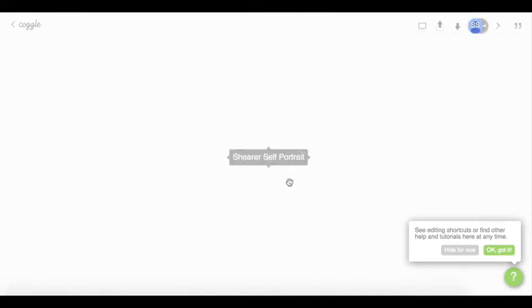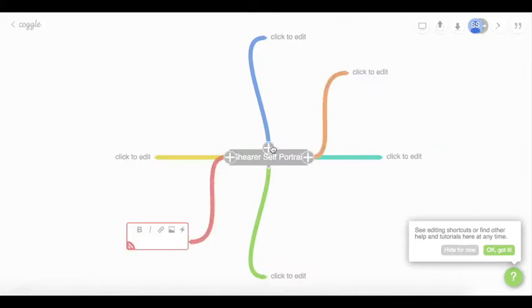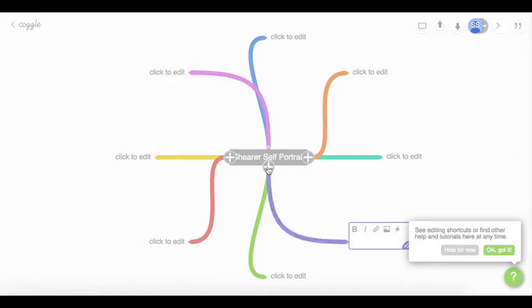And once you have your title, you're going to end up needing 8 arms to make this assignment work. So start adding arms to your mind map. There's 1 arm, 2, 3, 4, and then you go back and click these plus signs again for 5, 6, and 7, and 8. So there's 8 total assessments that you've taken as part of the class and 8 that you're putting together to